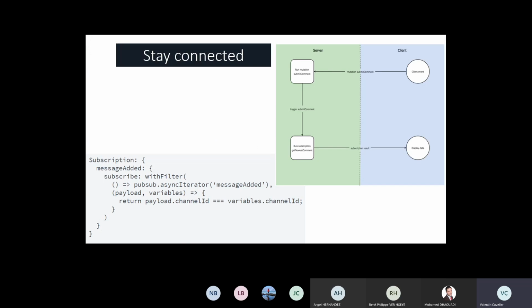Okay. So to resume this part, in GraphQL we see 3 different points. The query is to retrieve information from the server. We see also the mutation to interact with the server, so modify, update, delete the data, and the subscription to subscribe to an event and receive different information.